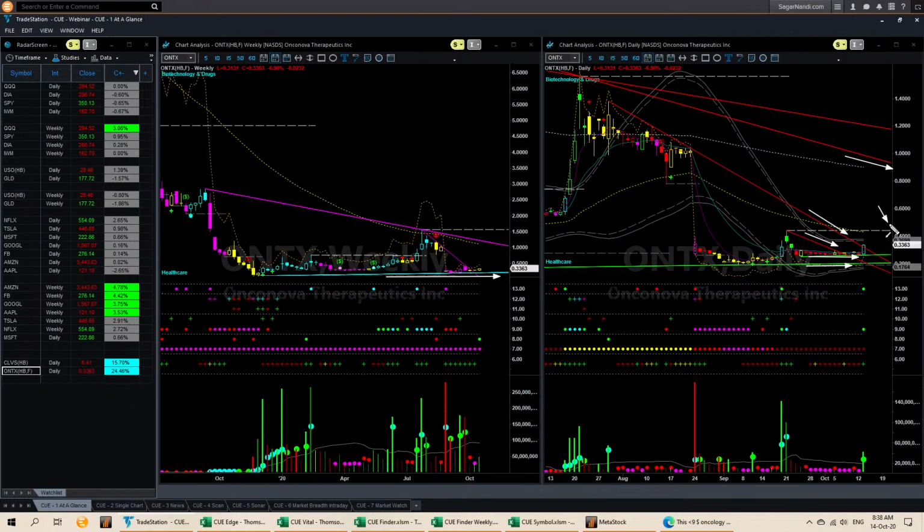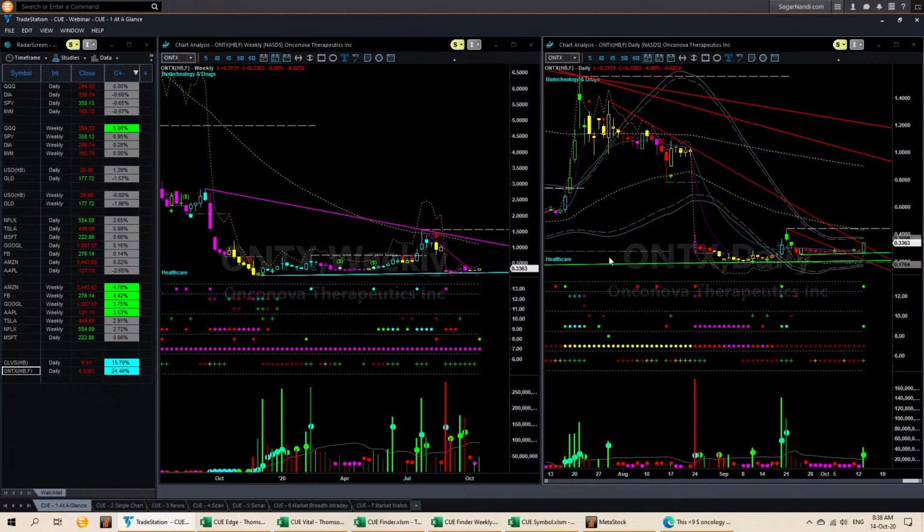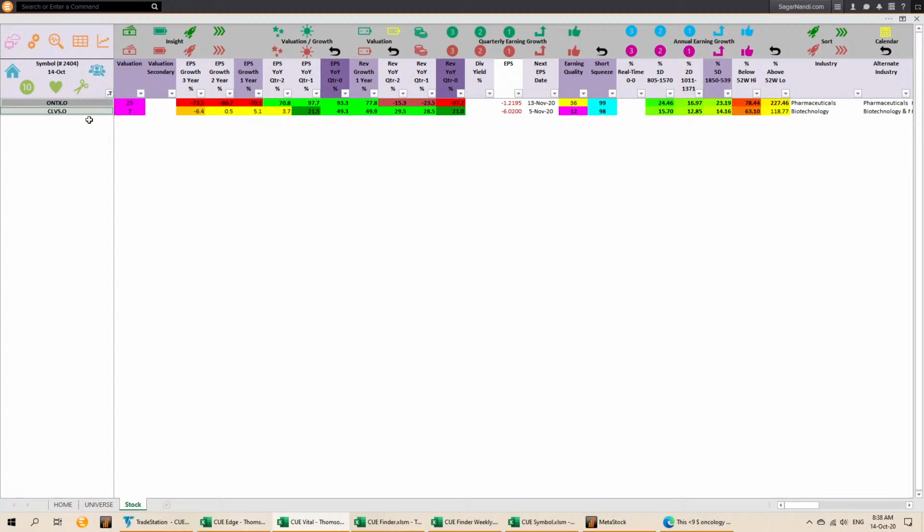This is a penny stock, of course, less than $1 stock. Yesterday it broke out with very high volume. Therefore, it is giving a possible breakout long setup yesterday. So CLVS, ONTX, these two stocks that I found from fundamental analysis, they are giving possible buying opportunities using the Q 360 degrees technique. And if I look up these stocks from QFinder,